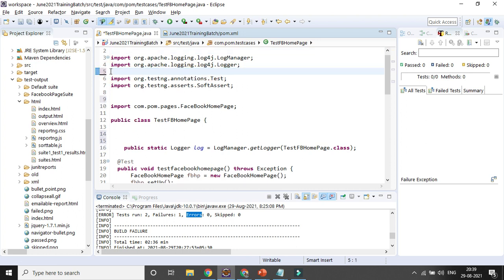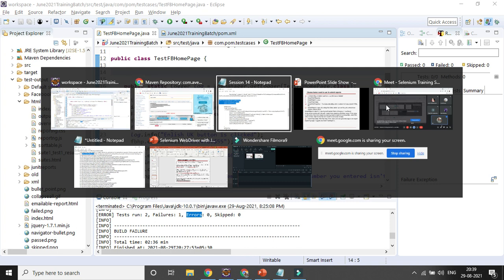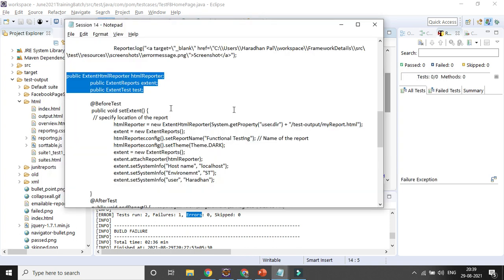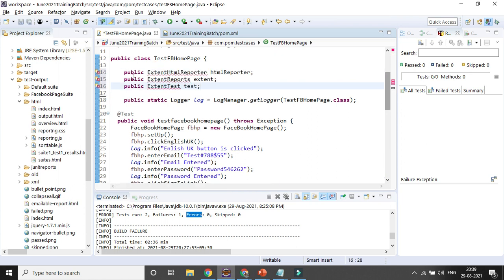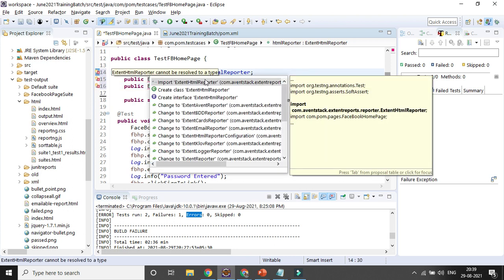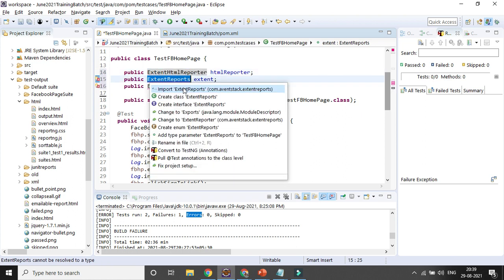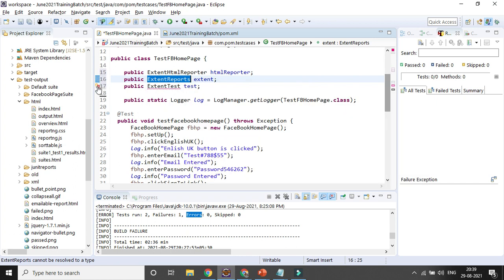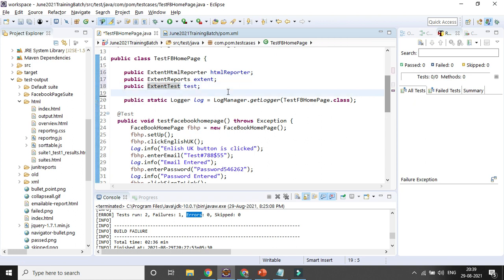Okay, so this is my page. Let's try to copy these global variables here, the 3 global variables. I will be adding them here. Now try to import. Okay, it is coming. So maybe from version 5 onward it has some problem, so we can use version 4. I did not check version 5 yet. So I am using 4 only, and the 3 are imported successfully.